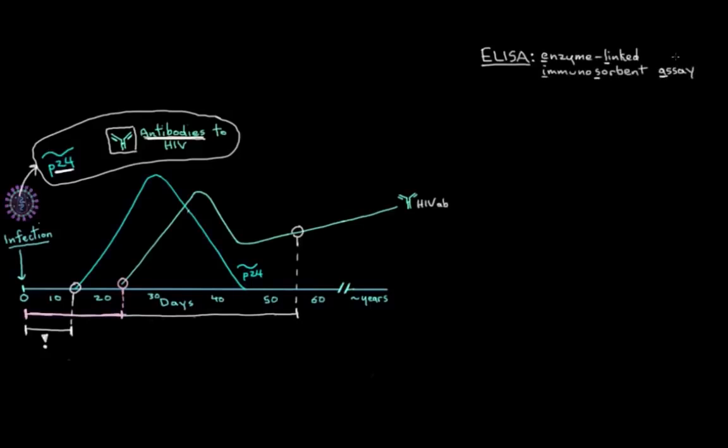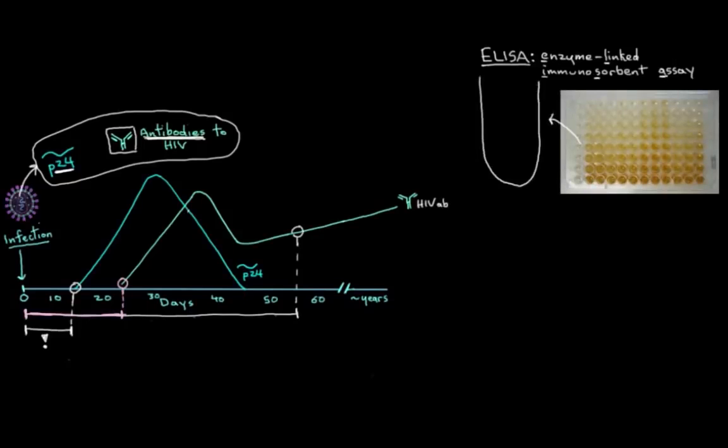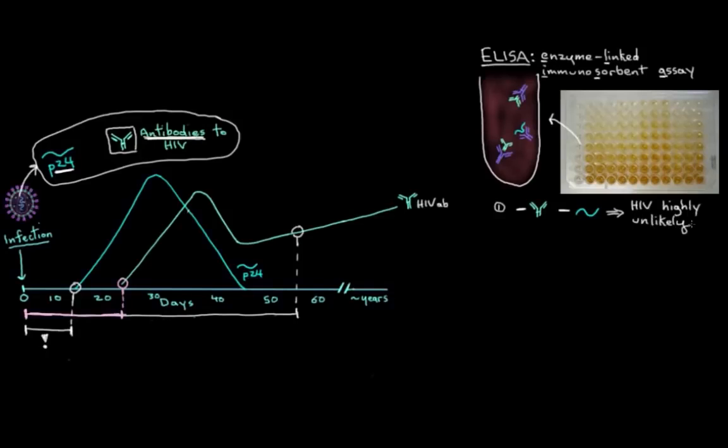And that's a huge mouthful of words, but essentially all that means is it's a lab test that mixes our blood sample with some enzymes and some other antibodies that actually detect, they stick to HIV antibodies or to the P24 protein. So let me give you some scenarios here. So let's say you test negative for these things. Well, in that case, you can be fairly certain you don't have HIV, and based on your risk factors for HIV infection, you can just get tested again in another 3 to 6 months or so if you feel you're